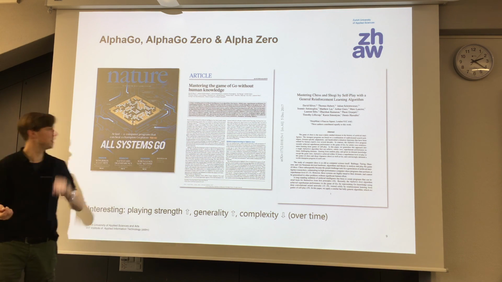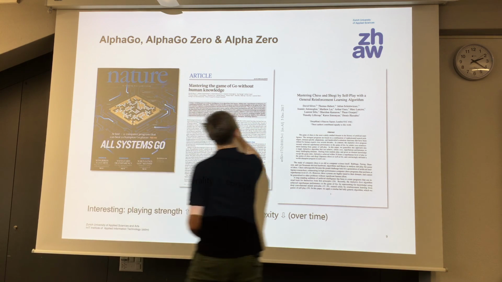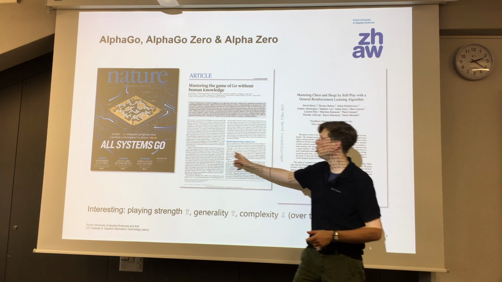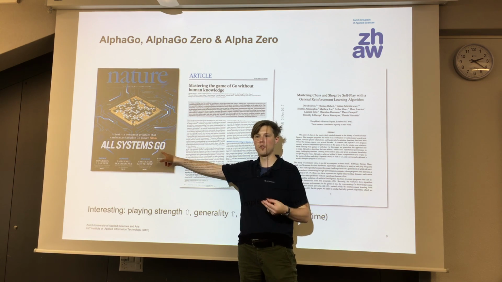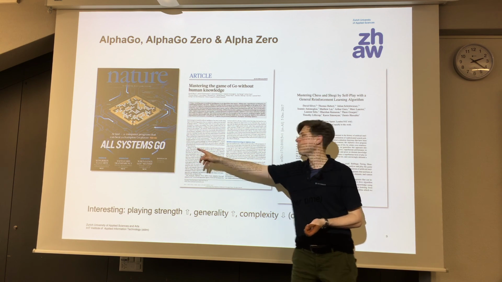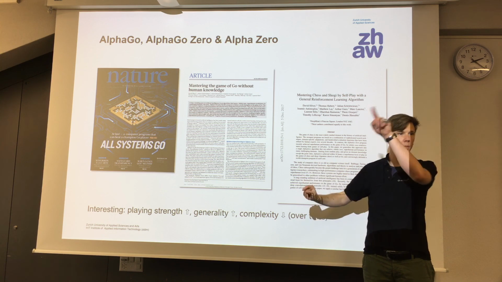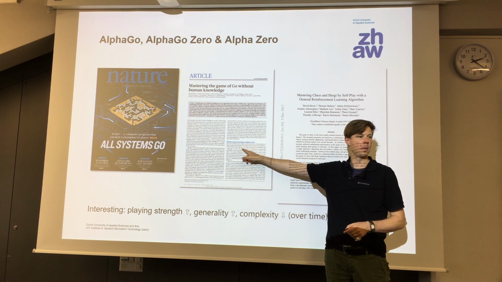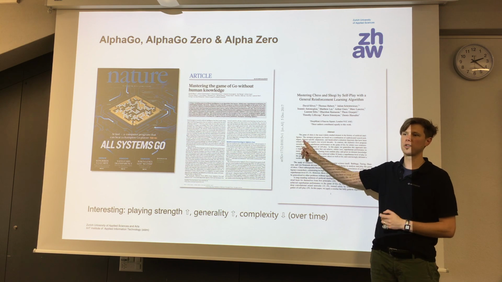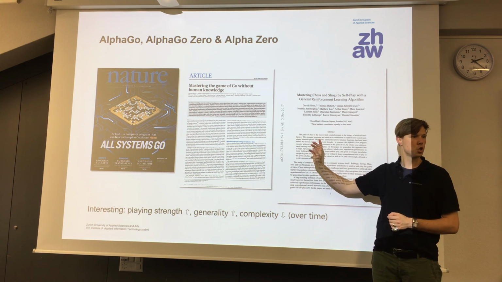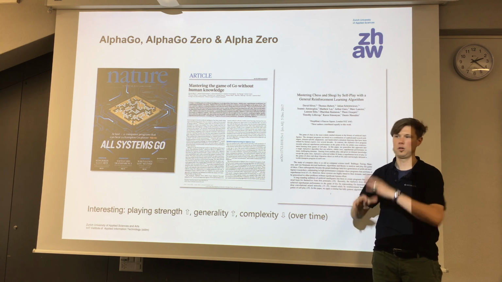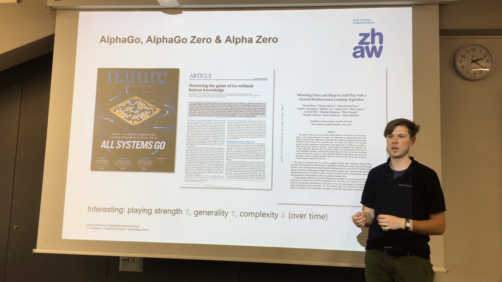It was a great thing. Then there was AlphaGo Zero, the one we will be talking about today, which improved on this in terms of performance a lot, and actually made the system much more clean and simple. And then there's AlphaZero without the Go in it. It's still the same as here, but they made it more general, so they can apply this very same algorithm also to chess and to shogi. Shogi, you probably never heard of. It's a Japanese version of chess, so to say. Also a board game, also two-player, also strategy.